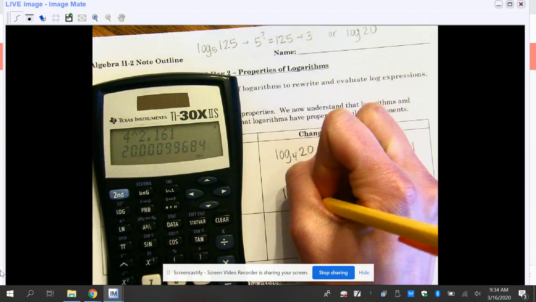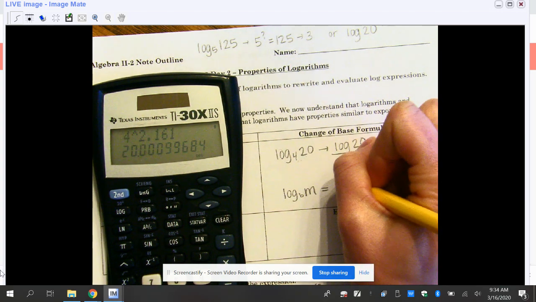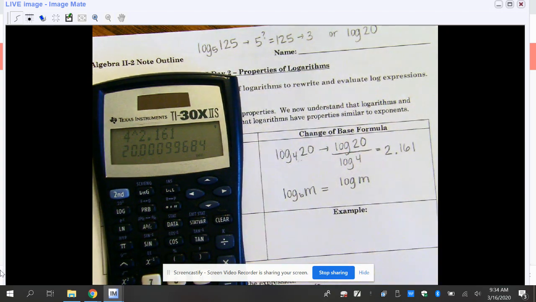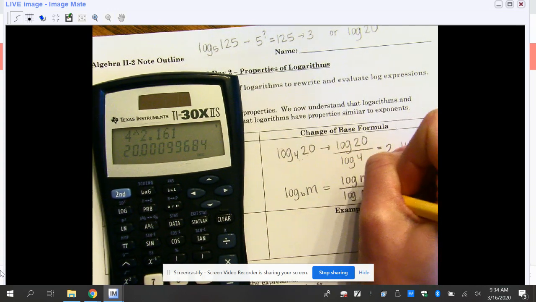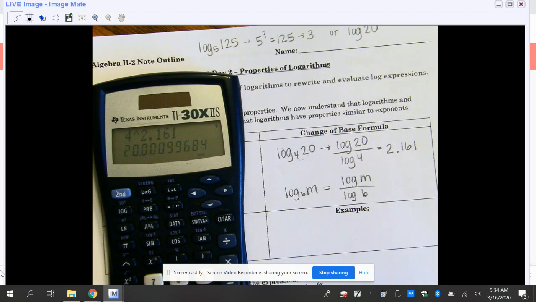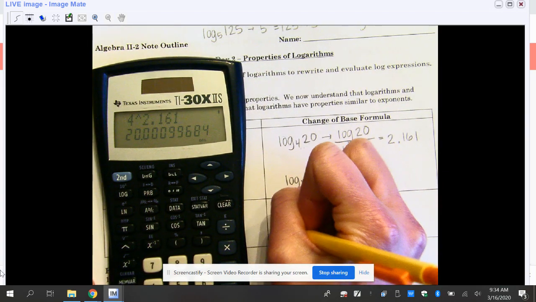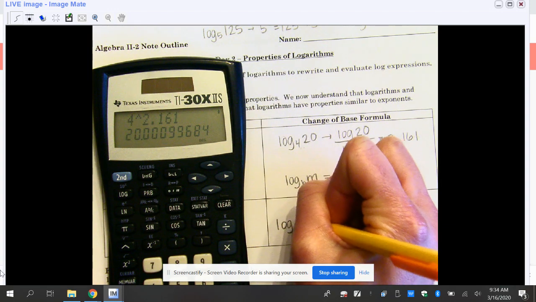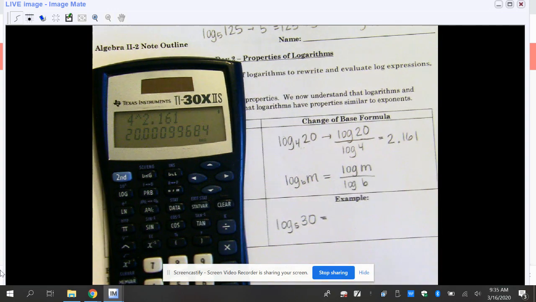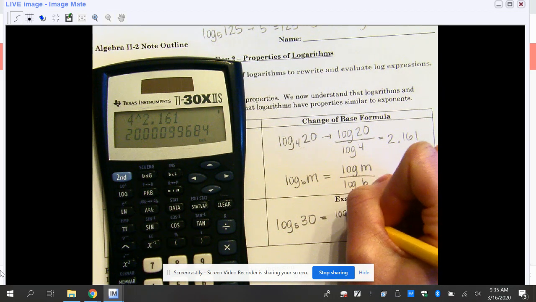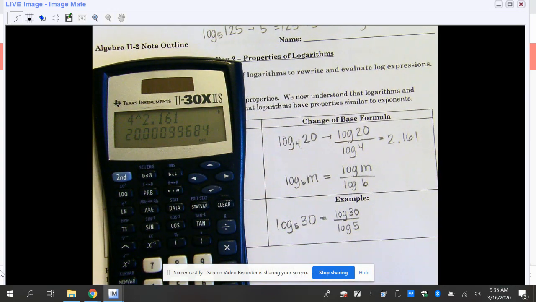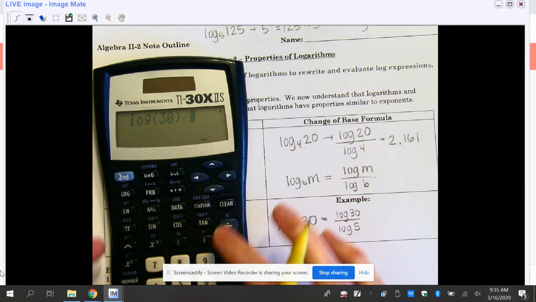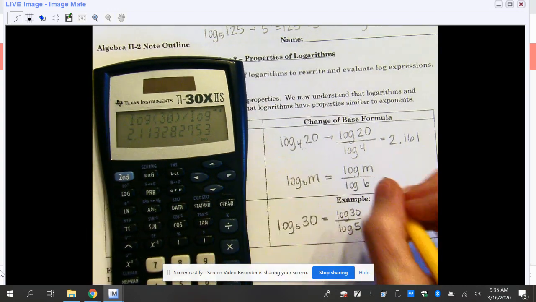Log base b of m is always the ratio of log base 10 of m over log base 10 of b. So if we want to do another quick example, if I had log base 5 of 30, that's going to be the ratio of log base 10 of 30 over log base 10 of 5. So when I type that in my calculator, now that I'm in base 10, I can do log of 30 divided by log of 5, and I get about